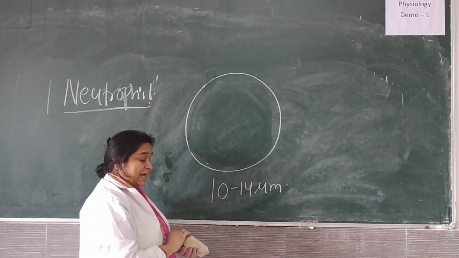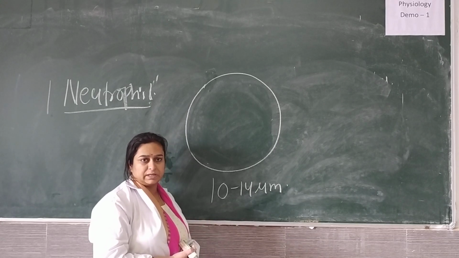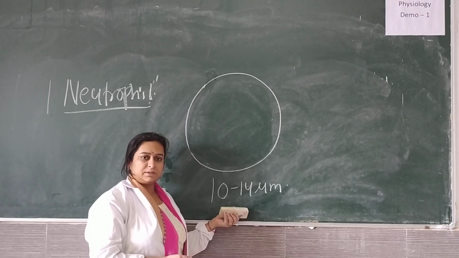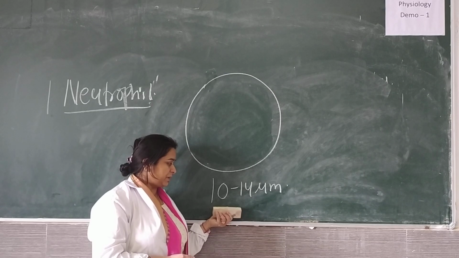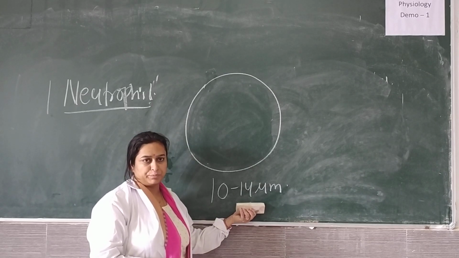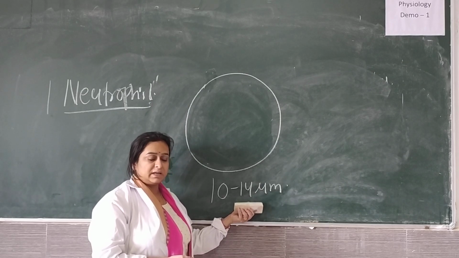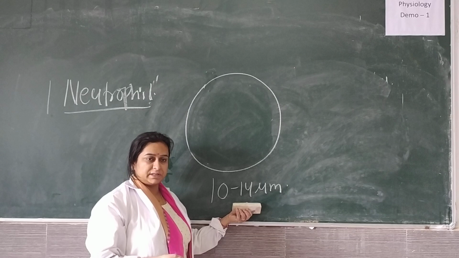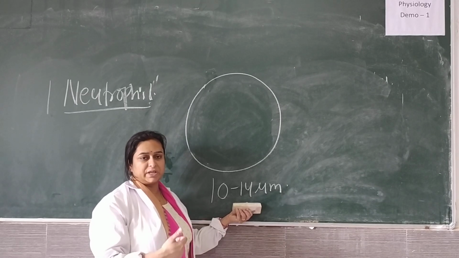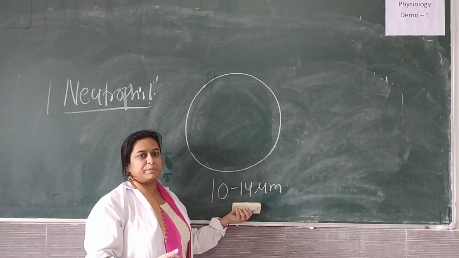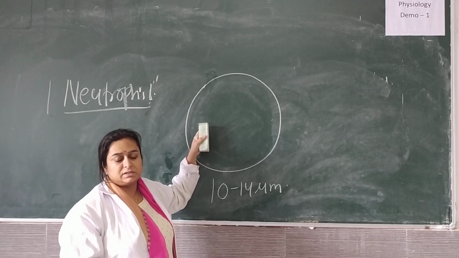Eosinophil. Now, the size of eosinophil is more or less the same as that of neutrophil. It means it is 10 to 14 micrometer in size. And most important thing, as I mentioned earlier, depending upon the staining properties, we have named them into different categories. We have named them as neutrophil, eosinophil or basophil. Now here eosinophil takes acidic stain, which is eosin.